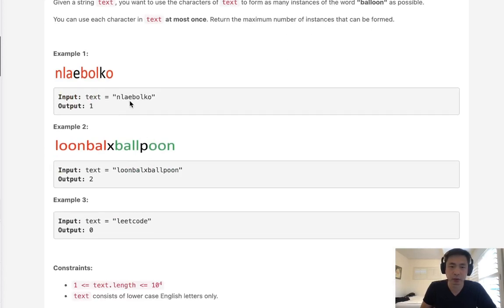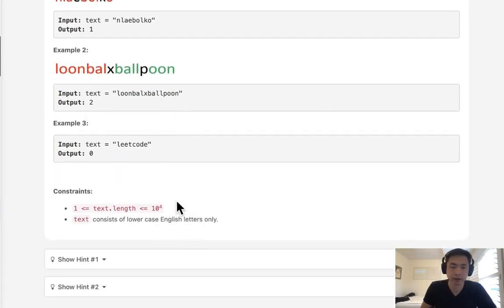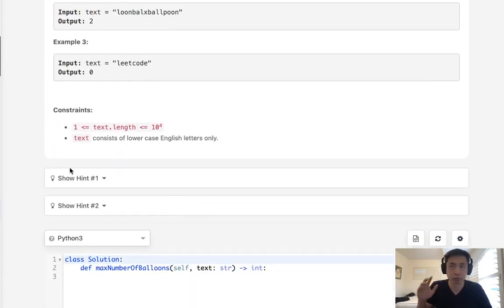Here we can see we can only form one balloon given these letters. Here we can form two balloons. So this is a pretty simple problem. We should immediately know we're going to use a counter object. We need to know how many characters there are,